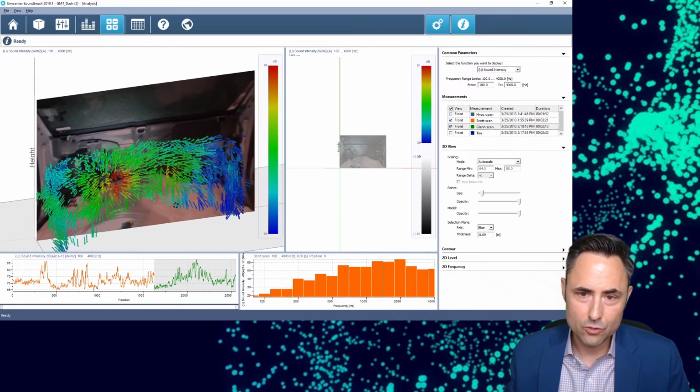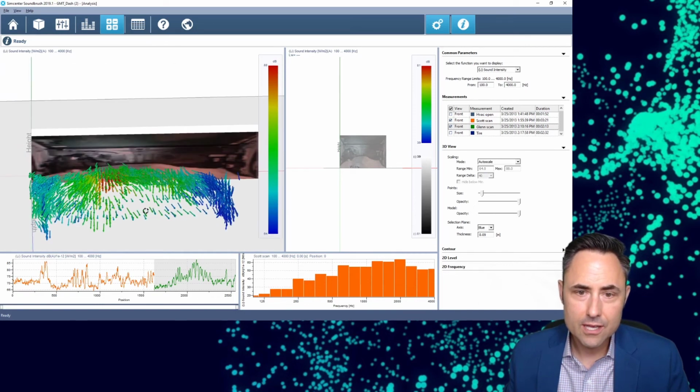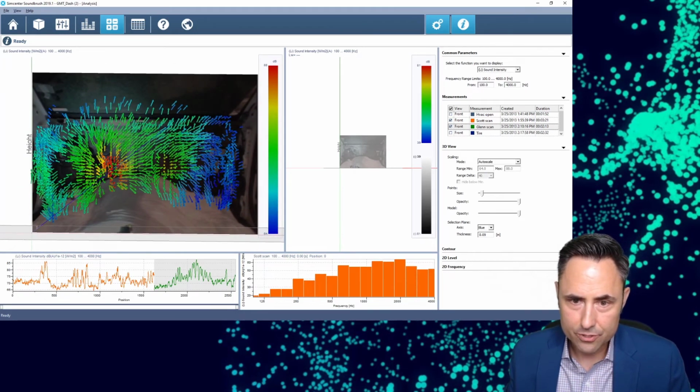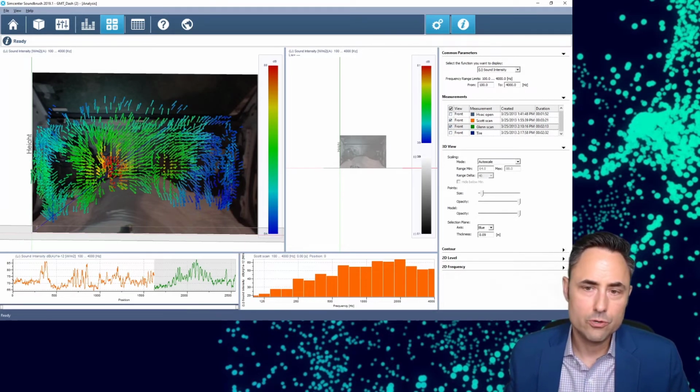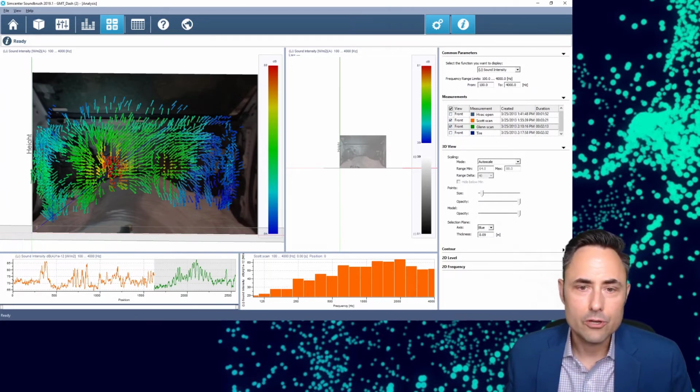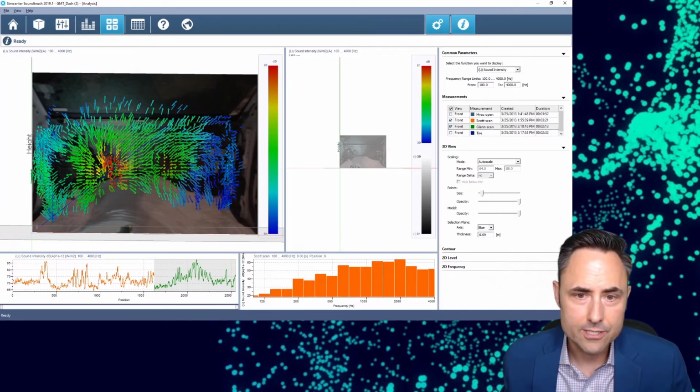And I get these full 3-dimensional vectors showing me where the sound is getting through my front of dash. You see another possible weak spot over here, but all of this area is totally blue, low amplitude of intensities coming through there, so I don't need to worry about this over here. It's working great. I really want to focus my energy on these areas here.